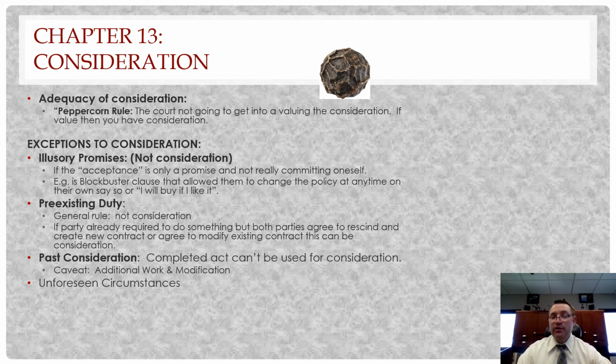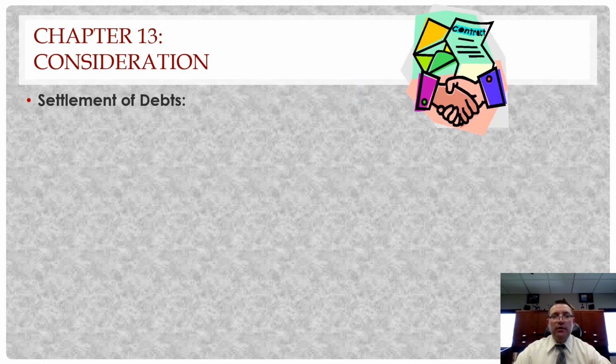And at the same time, the builder or the new homeowner wouldn't want the house being built without considering the water, because it could mean the house would be destroyed in a year, and therefore neither party would want that to be done, right? So circumstances that parties did not or could not have reasonably foreseen when making the contract is what we're talking about by unforeseen circumstances. All right. Settlement of debts.